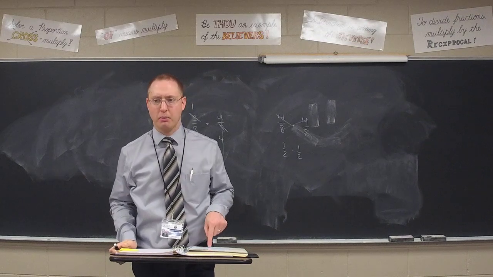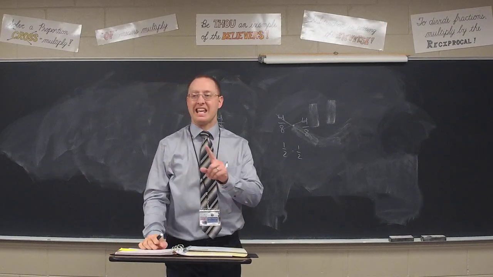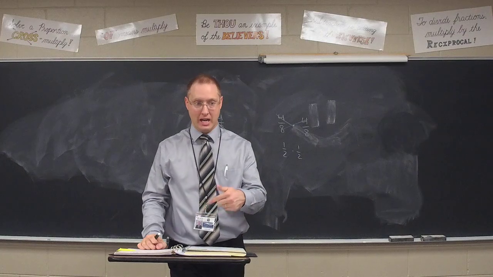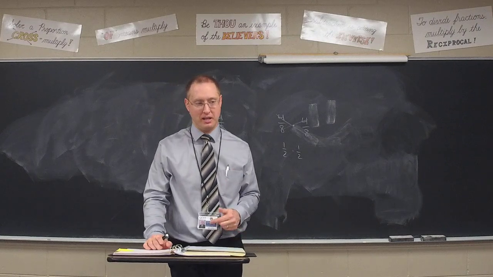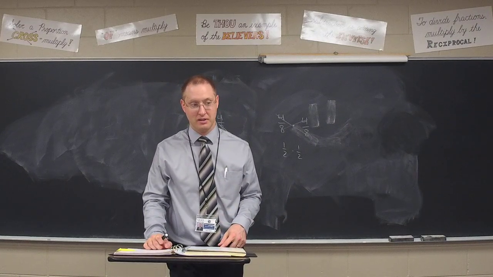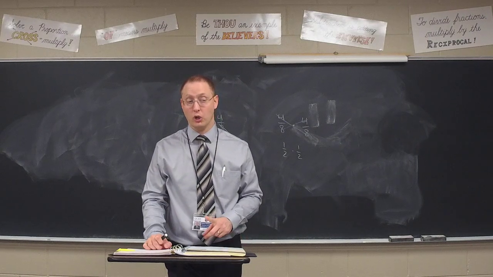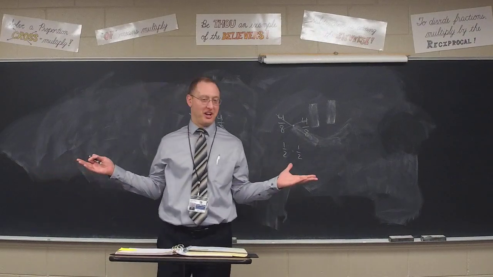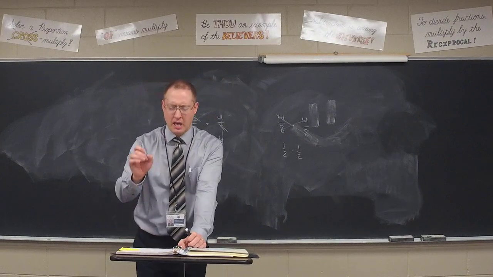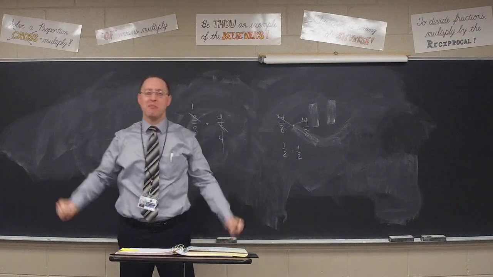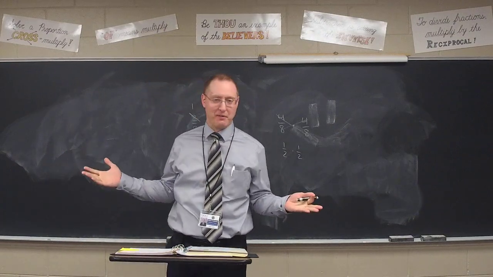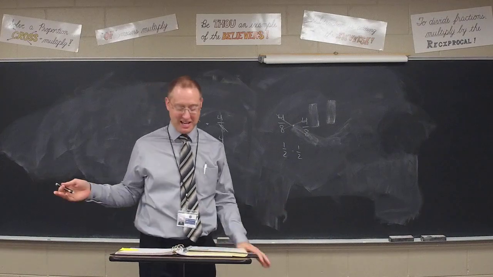What if it had said on number 42, class, the probability of spinning an even number or an odd number? What do you think that answer would have been, Elaine? So it would have been 4 to 8 and 4 to 8. So would it still have been 1/4? Or. Oh. 1. And think about it. All numbers are either even or odd, right? So like, okay, I'm going to spin this thing. I really, really hope I get either an even or an odd. Then I'll be happy. Yeah, I got an odd number. Well, of course you're going to be happy because all of them are even or odd, right? You made it, you guaranteed it in your favor.